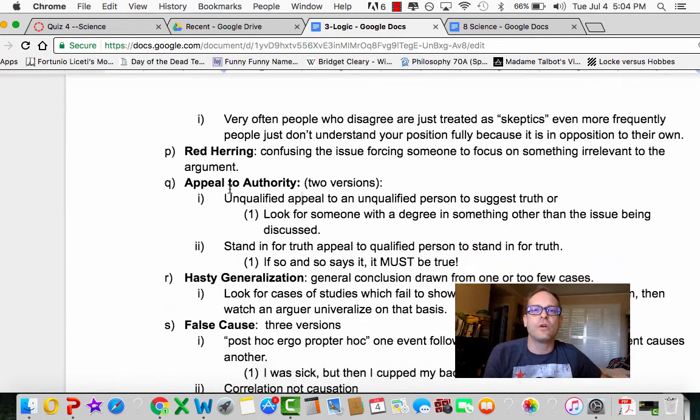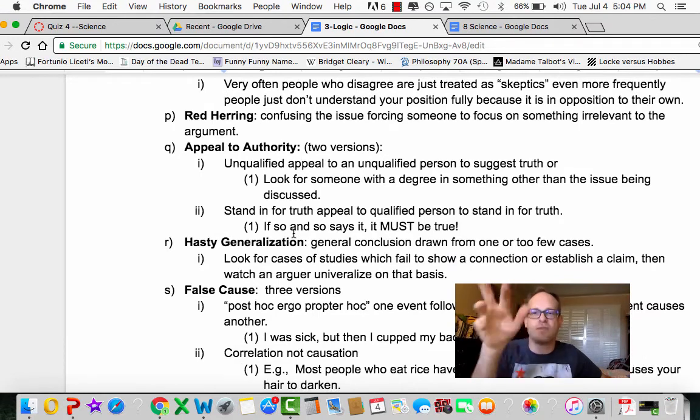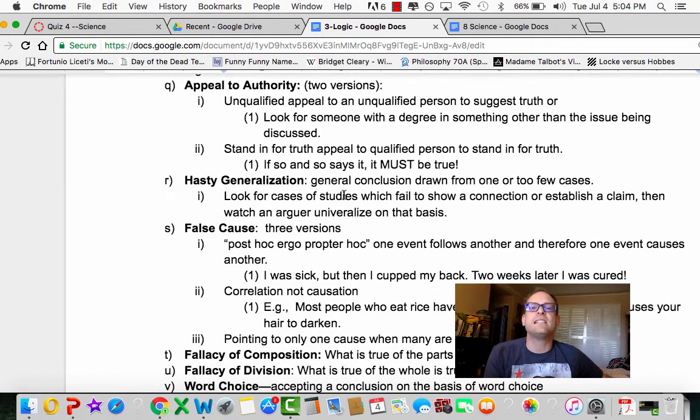Appeal to authority. This has two versions. We've seen those both already. Hasty generalization. This happens a lot. It's when you draw a conclusion from a small number of cases. So,